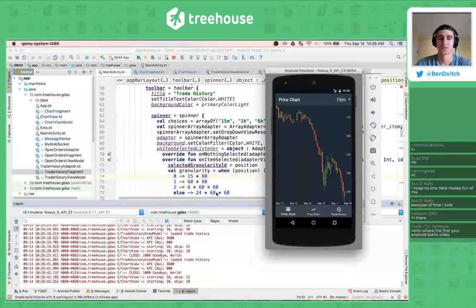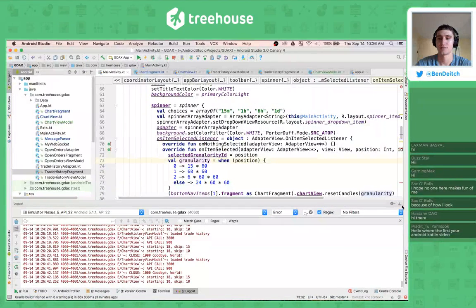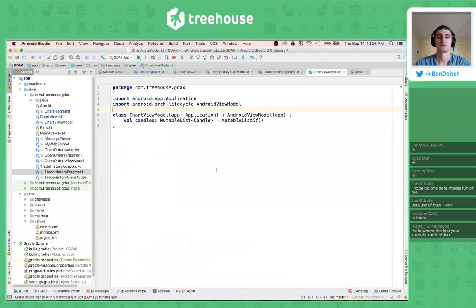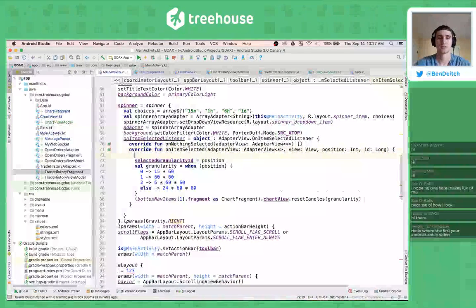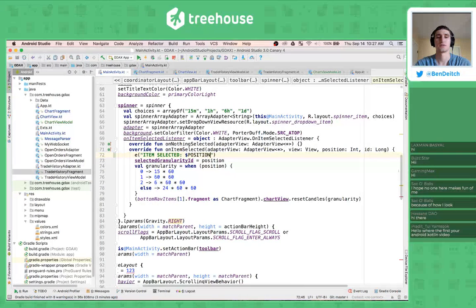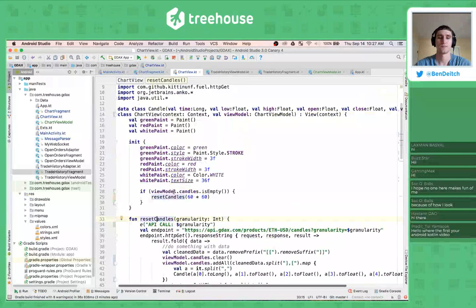See, we got 3600, 900, which is strange. Let's figure out which of those is getting called. So we can come into main activity and put in an on item selected. So log item selected, position, and then in chart view,